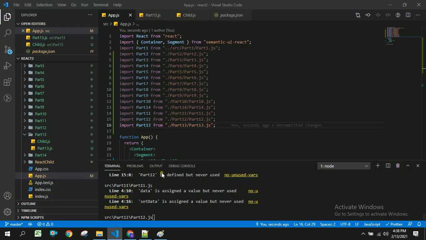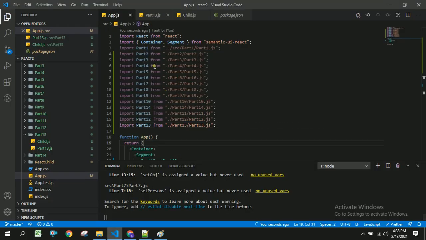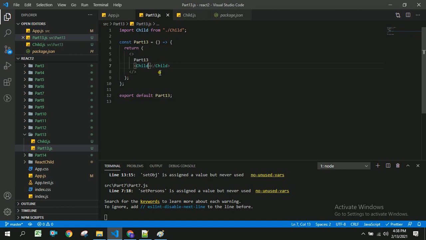Now we are going to send some data from the part13 component to our Child component. I am going to take two properties, one is name and another one is id. I am going to send id as 1 and name as some string.